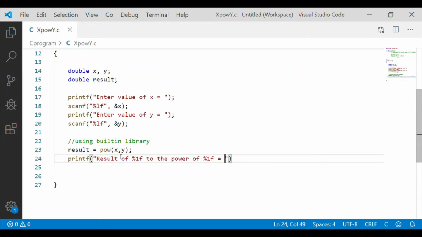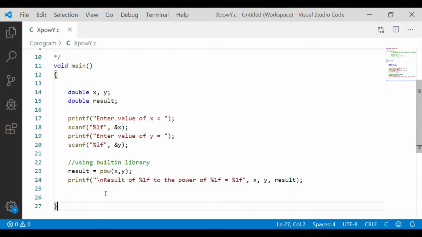Before writing our own function, let us execute using the C library and see the results. Then we will replicate pow(x, y) by our own function.